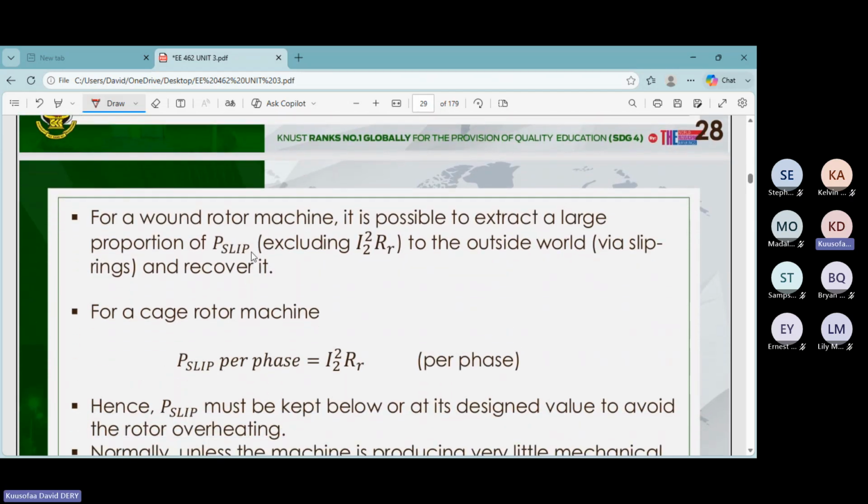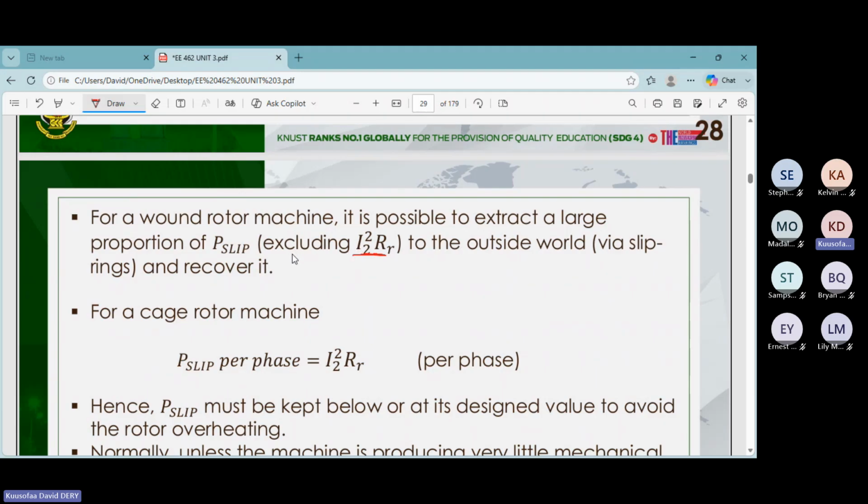So that is what we are looking at for the cage, right? But when you look at the wound rotor, it is possible to extract a large proportion of this, excluding this portion. Okay. So we know that for the wound rotor,